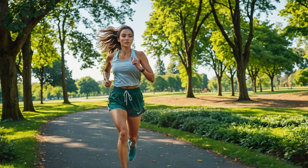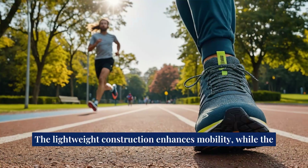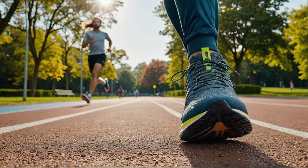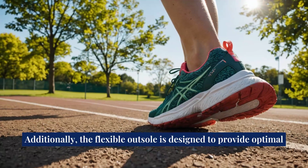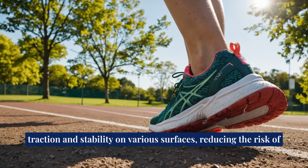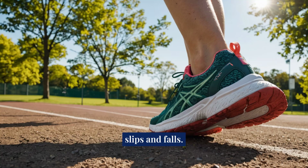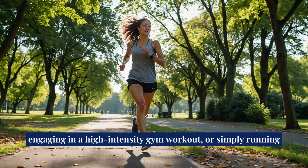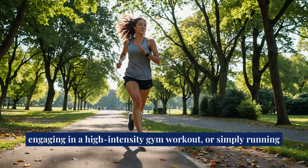intense workouts. The lightweight construction enhances mobility, while the cushioned insole provides excellent shock absorption and comfort for prolonged periods. Additionally, the flexible outsole is designed to provide optimal traction and stability on various surfaces, reducing the risk of slips and falls. Whether you're hitting the pavement for a morning jog, engaging in a high-intensity gym workout, or simply running